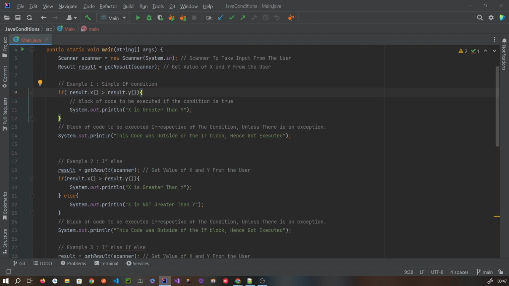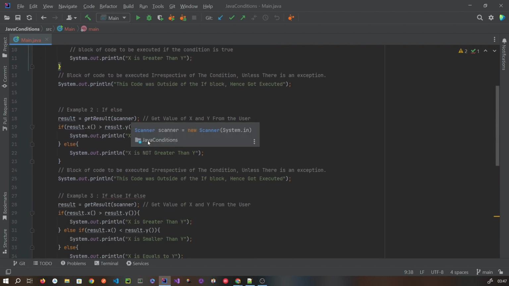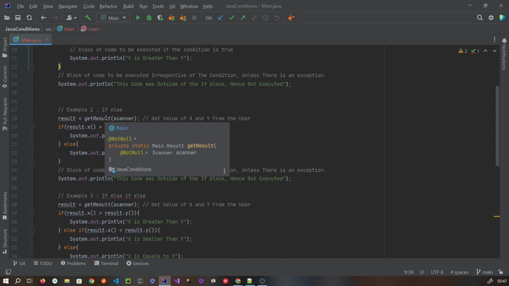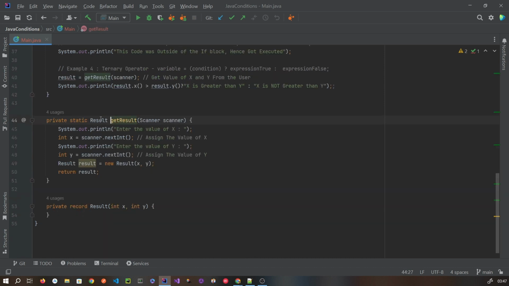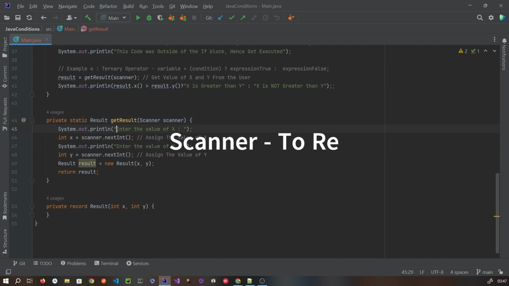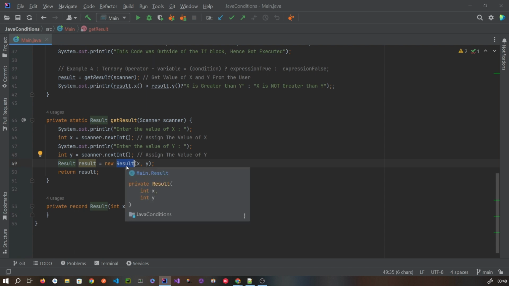Next, the second example is if and else. In if and else, we compare values we get from the user. Let's check this example. Inside this example, we have passed this scanner object. The scanner object is used to take input from the user. We are printing a message asking to please enter the value of x, then reading the value into integer x. We are asking the user for the value of y, then reading that value into variable y, and then we are creating this result object, which is of